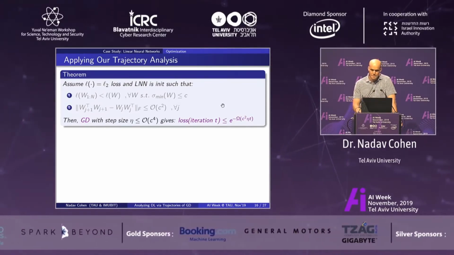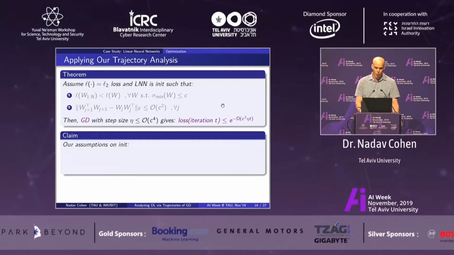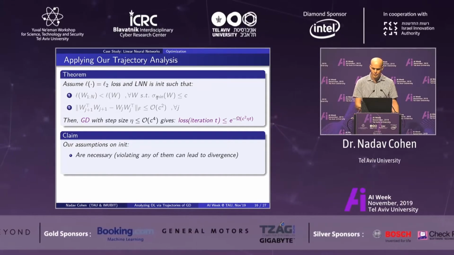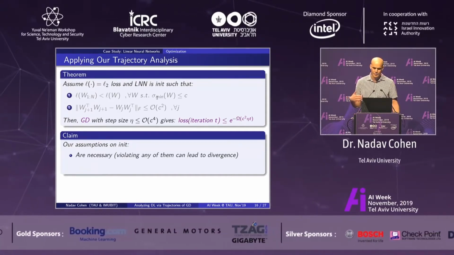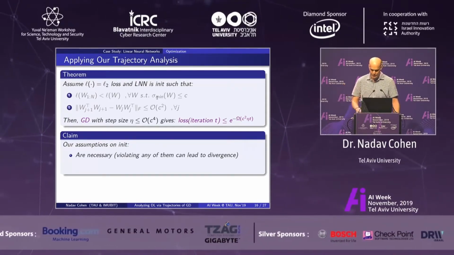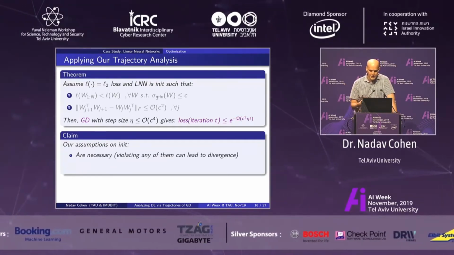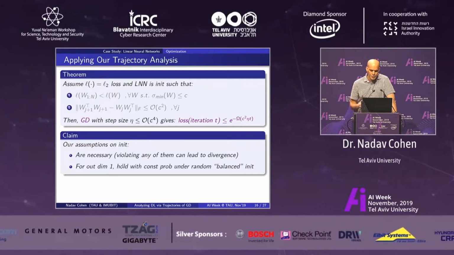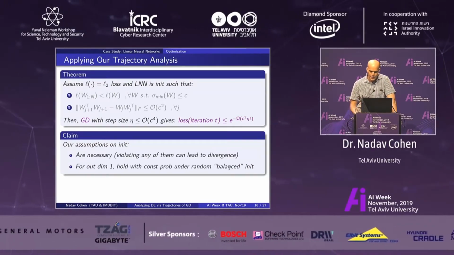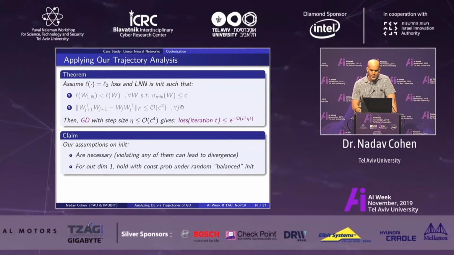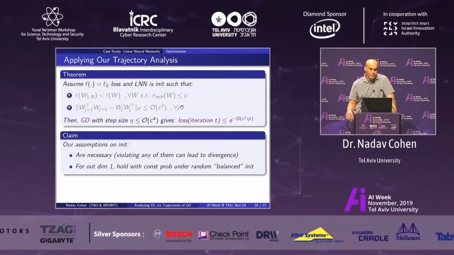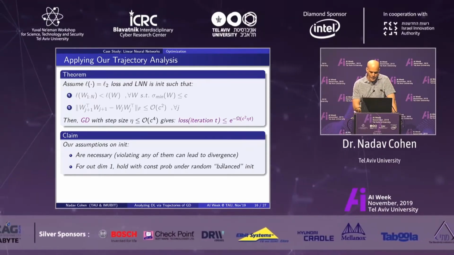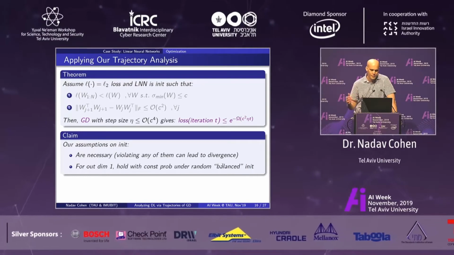on initialization. What can we say about these assumptions? Number 1, we know that in some sense they're both necessary. So if you drop one of them, the theorem is going to be false. It's easy to come up with counterexamples where convergence fails, or you could even diverge. So both of these conditions are in that sense necessary. We also know that if you have an output dimension of 1 and you use a random initialization that's not exactly what people usually use but close, both of the assumptions are going to be met with high probability, like probability 0.5. So with output dimension 1, use this random initialization, probability 0.5 or more, you will converge to global